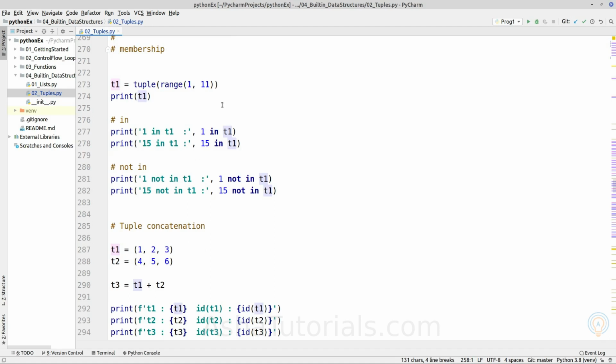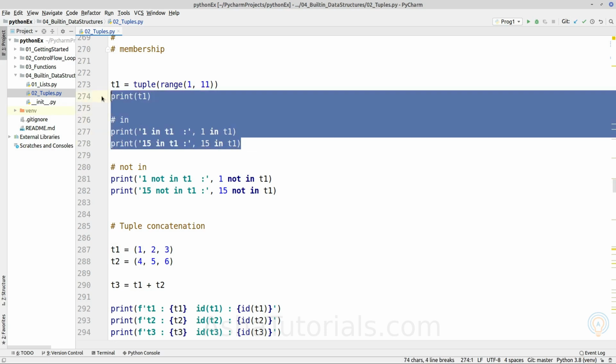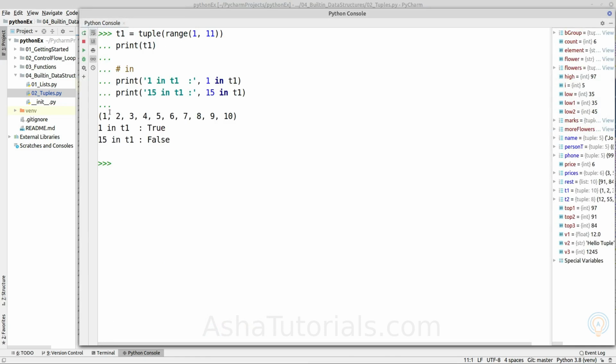Next is the membership operator in. It will check whether the given element is inside the given tuple object. So here we are constructing a tuple object containing values 1 to 10. So if we check 1 in T1, it will return true. For 15, it will return false because it is not inside our given tuple object.